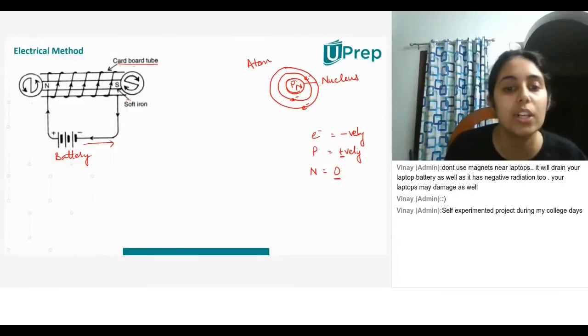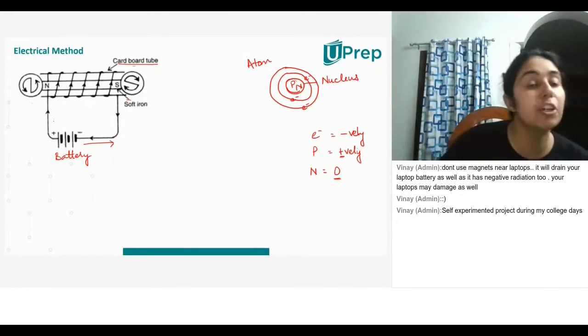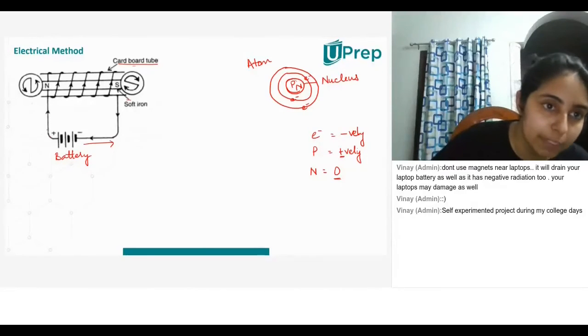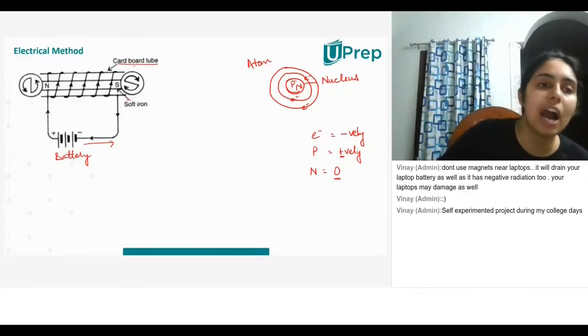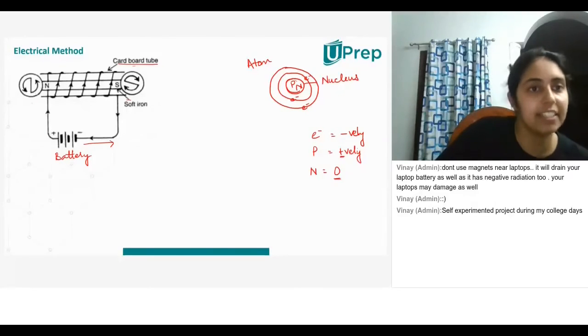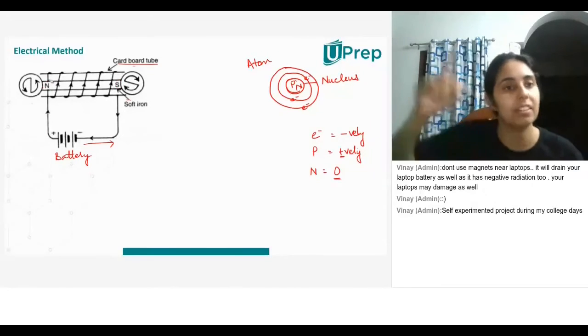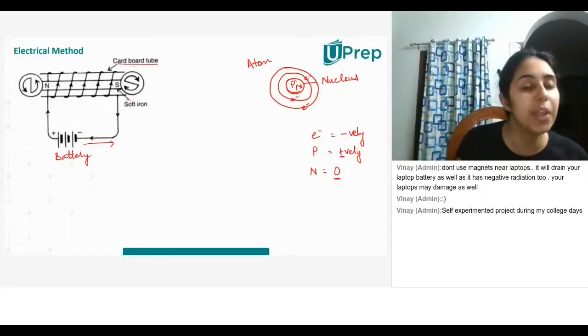Okay, so now let us go back and look at how you decide which is North Pole and South Pole. In order for us to do that, let's take a current flowing from this side of the battery to the other side of the battery. Here it is written this is the North Pole and this is the South Pole. But if you take a regular piece of iron, it's not going to be written north and south. You have to decide which is north and south. So how do you do that?